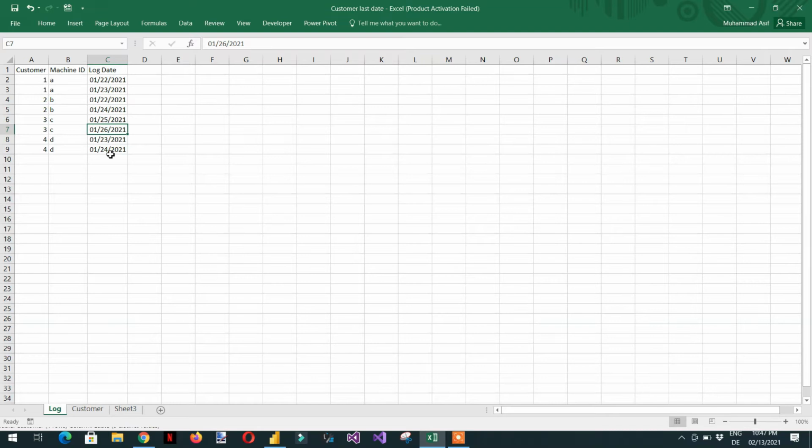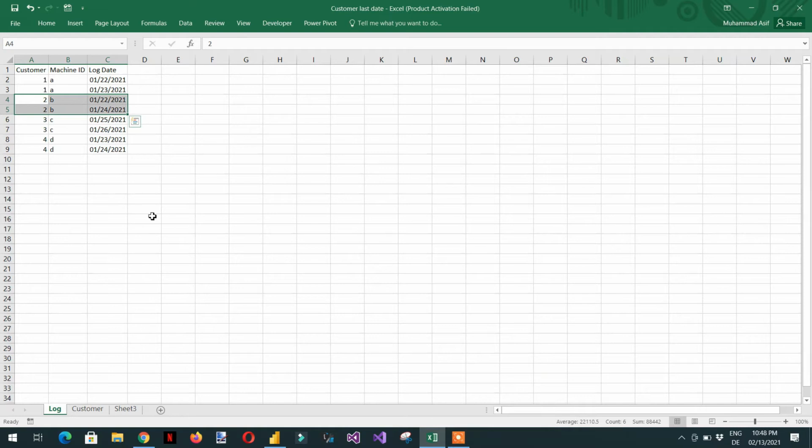So the requirement is we need to get the earliest last date. If you look at the first customer, what is the earliest last date? This is 23. And for customer 2, what is the earliest last date? This is 24.